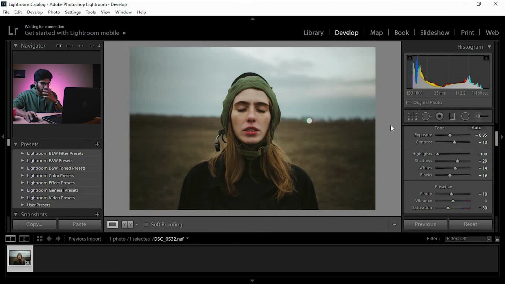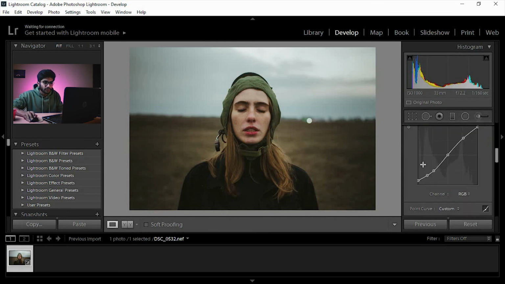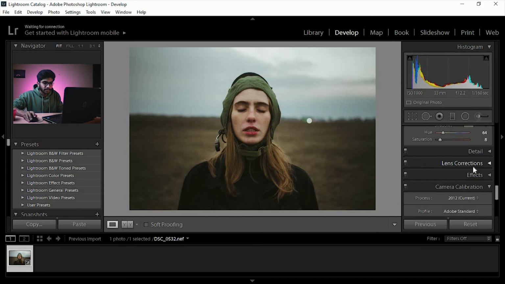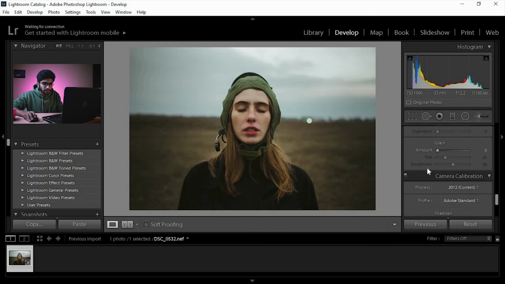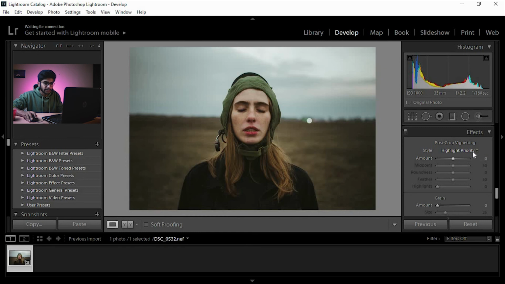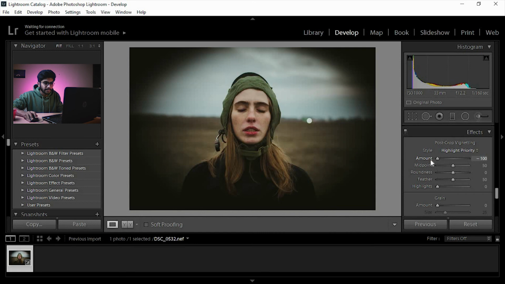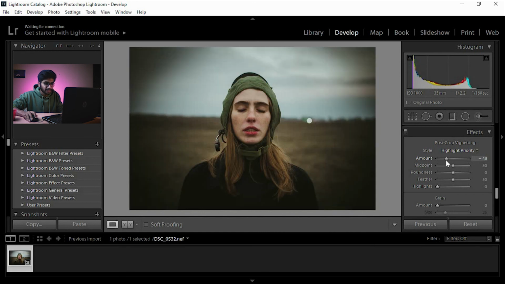So now we are going to add a vignette effect. Let's see where it is in effects. Yeah, in effects, here it is. You can see we can really add a harsh vignette effect, but we don't want that, of course.